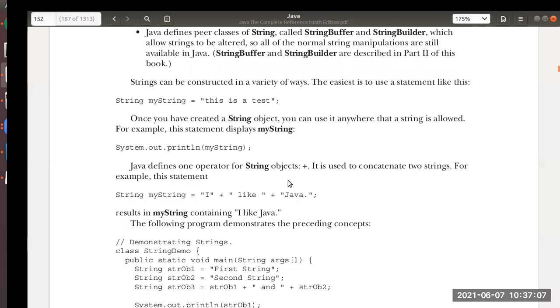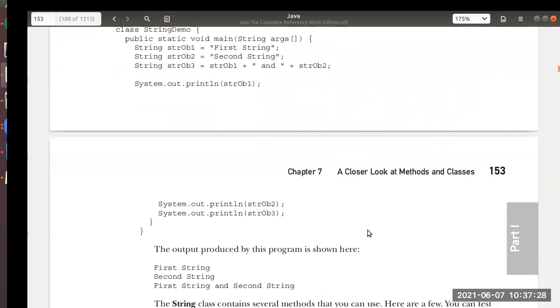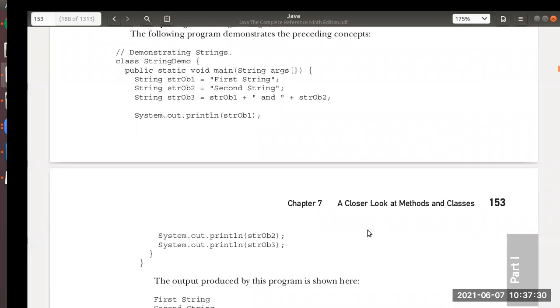Then you can concatenate two strings also. Like you can see over here, "I" plus "like" plus "Java". Three strings are there which are concatenated and assigned to myString. Now, if you write System.out.println(myString), you will get this output. I like Java.